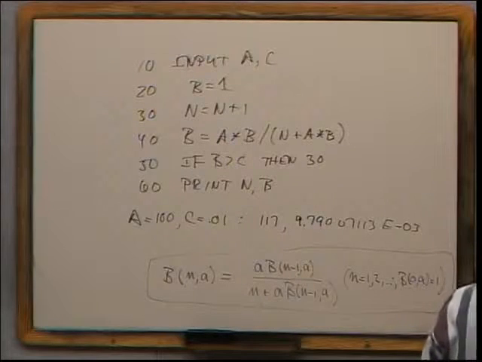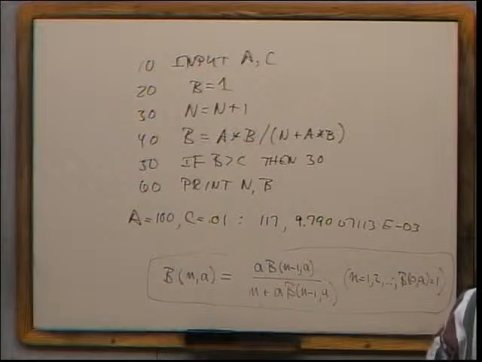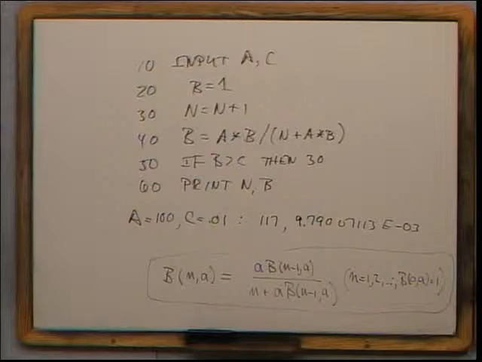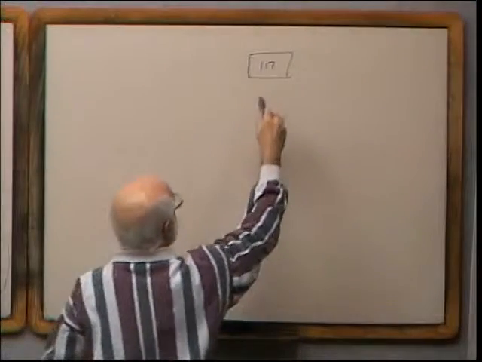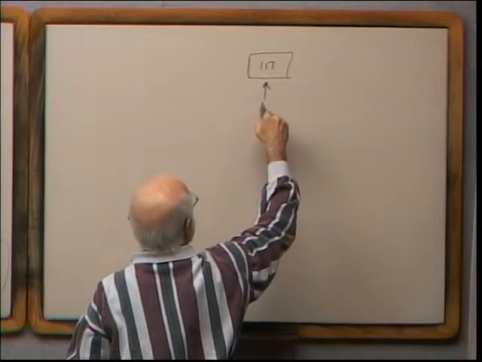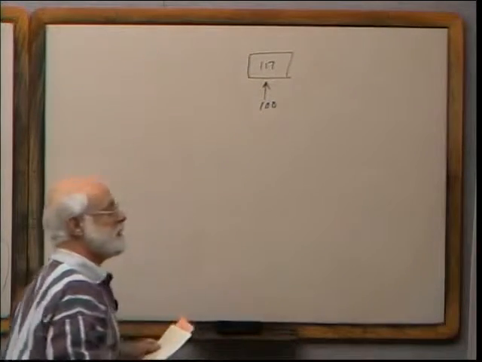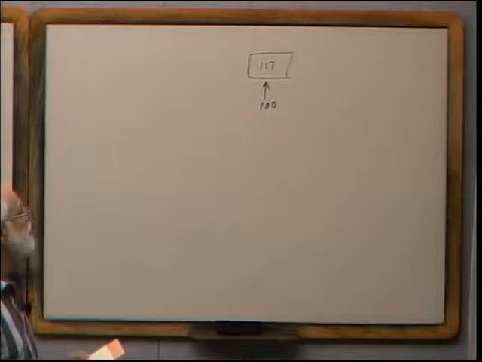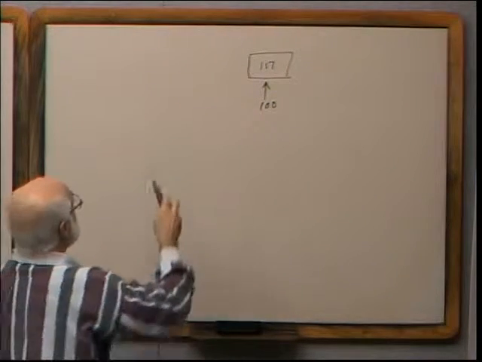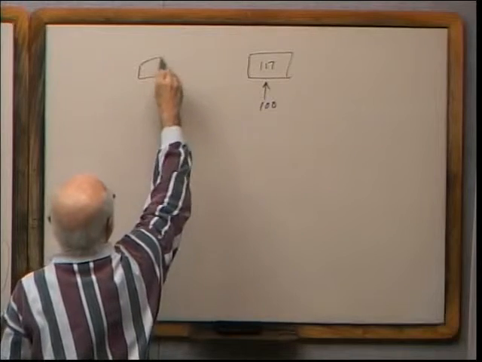Suppose that I took my 117 servers. So if I have 117 servers and I offer to it 100 Erlangs, we know that the probability of blocking would be 1%. But suppose that for some reason I wanted to divide up my traffic so that I had